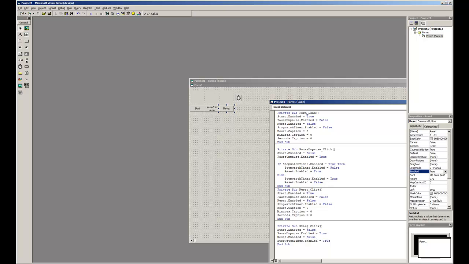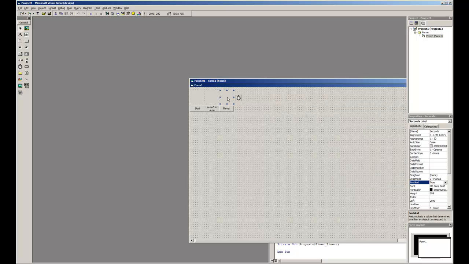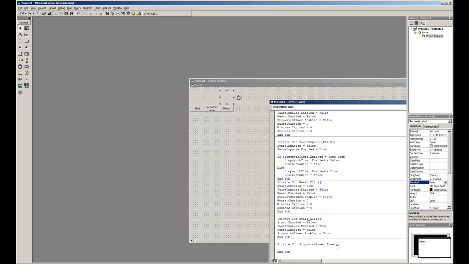There's only a little bit more programming left to do now. Double click on the timer and you'll get stopwatch timer underscore timer, which is the conditions when the timer times over. What you want is to make this little area display 0 at the start. To make it go up, and then when it reaches 60 you go back to 0 and make this one go up, right? And so on. The first thing we want is